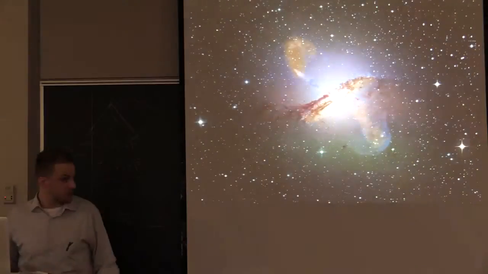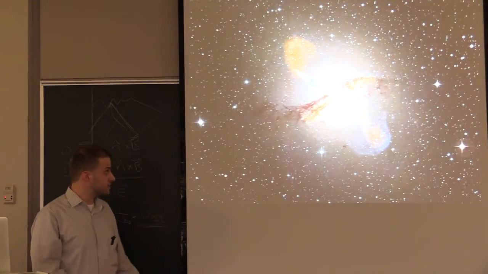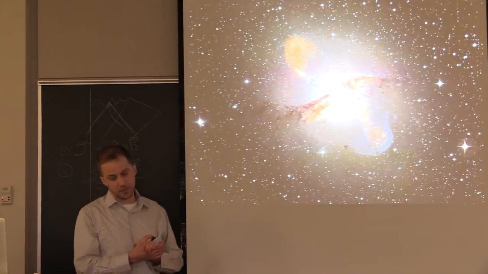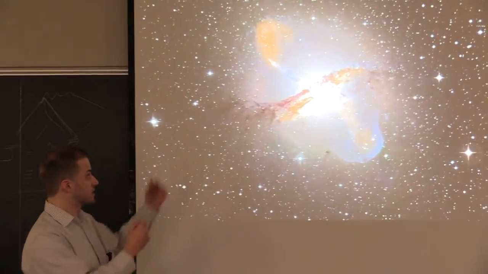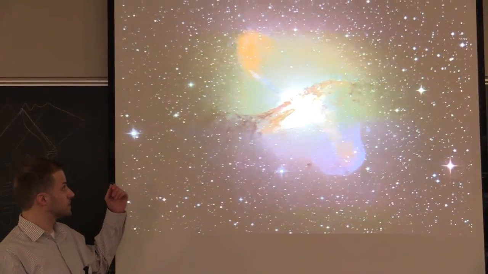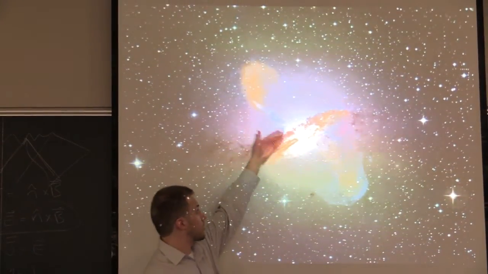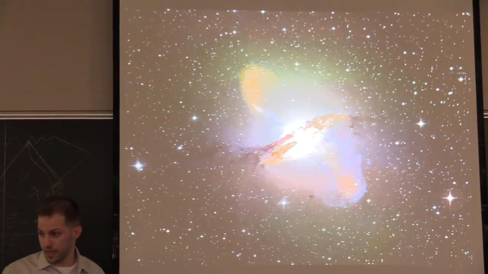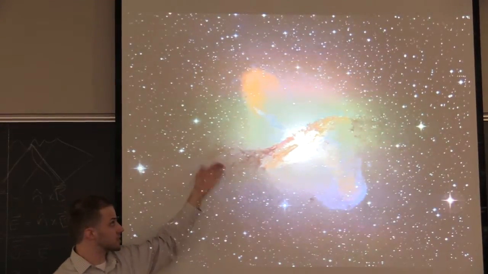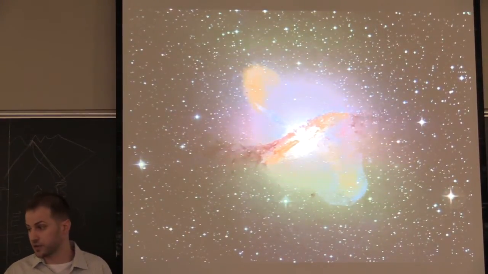Okay, so now turning to applications of this. The first application is about black hole jets. Here's a picture of a jet from Centaurus A, and you're seeing a galaxy edge on, and there are these powerful outflows. The interpretation is that these outflows are drawing their energy from the spin of a black hole.